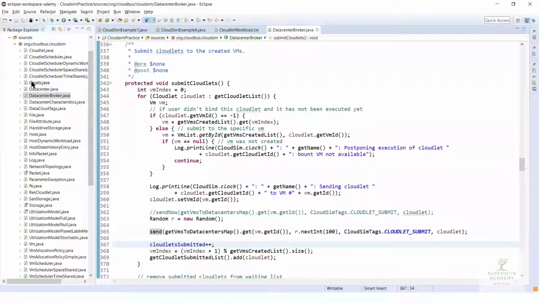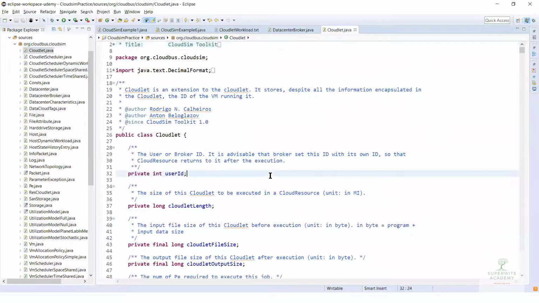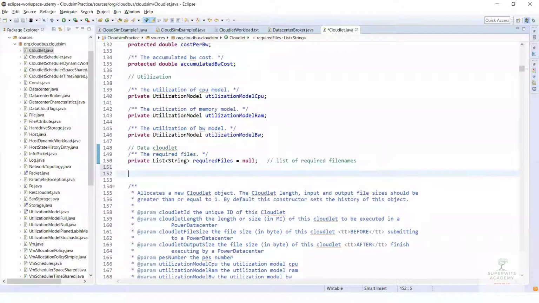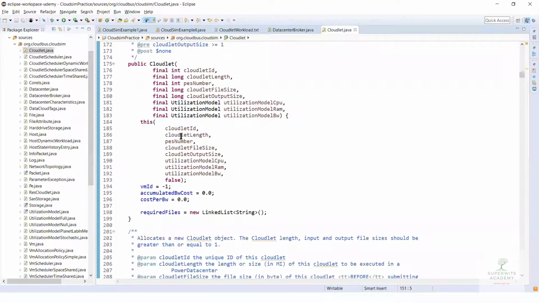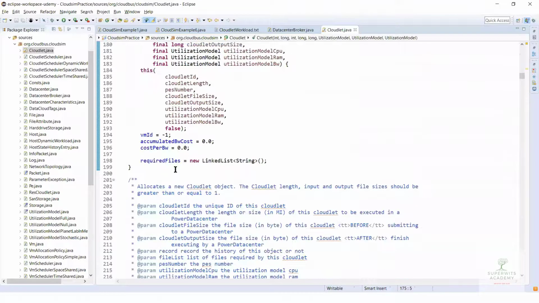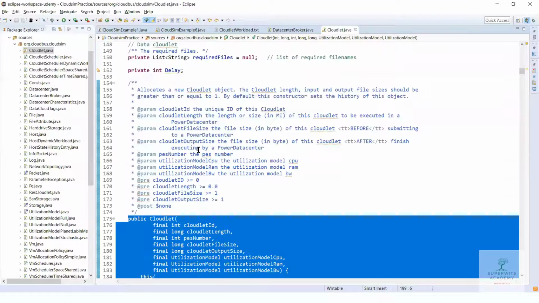There's another way to do it, and that is we go to the cloudlet and add one more parameter at the end: private int delay. This delay is supposed to be added to the constructor. Let me copy and paste this particular constructor, because I need to have that delay as a parameter to my constructor.